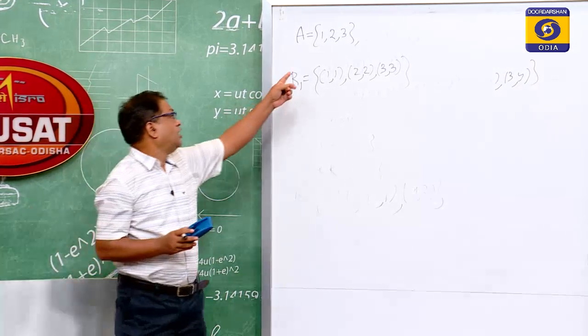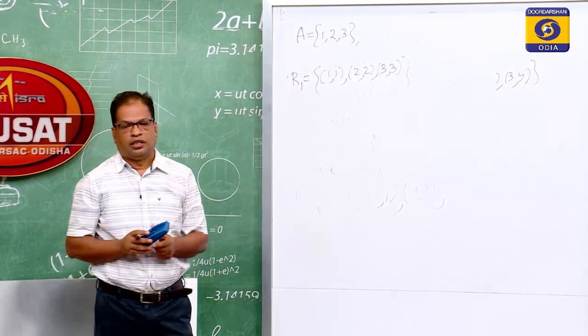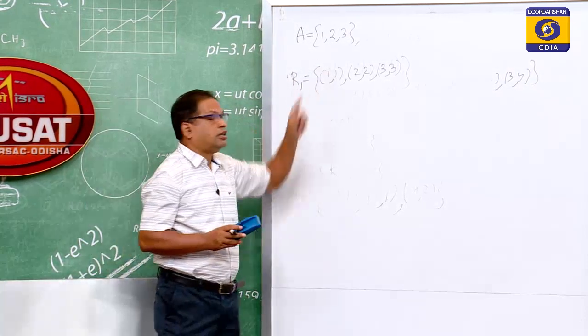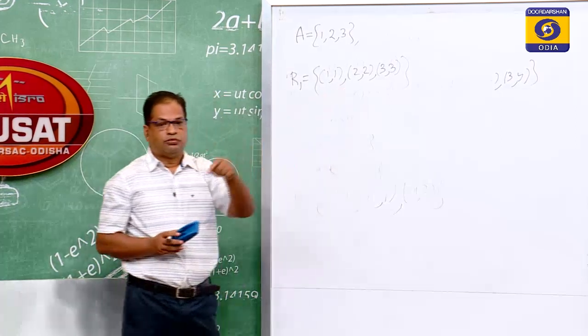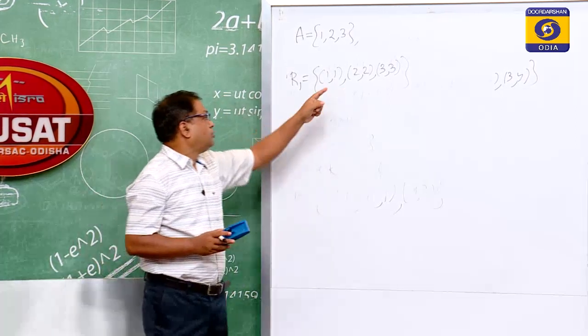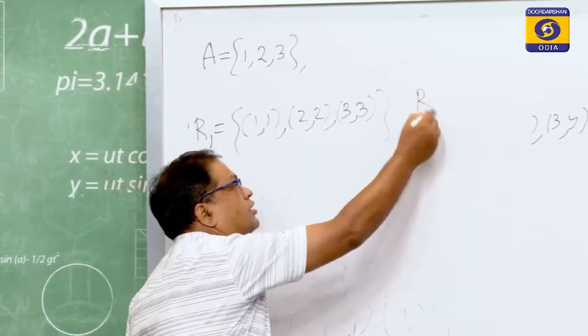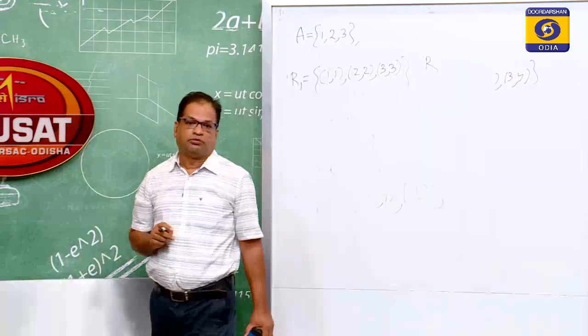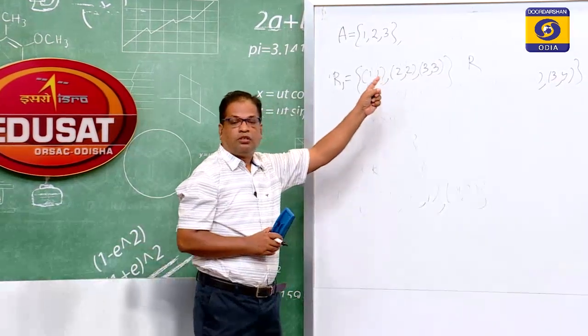Here we have 3 elements 1, 2, 3. That means 1 should be related to 1, which is there, 2 should be related to 2, which is there, and 3 should be related to 3. So, (1,1), (2,2), (3,3) are there, and this is a reflexive relation. Now, if the set A is {1, 2, 3, 4}, then there should be (4,4) for the relation to